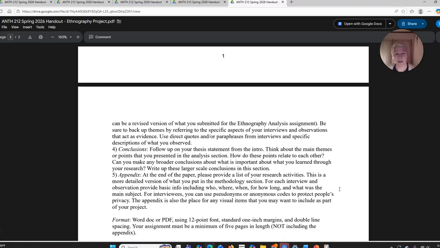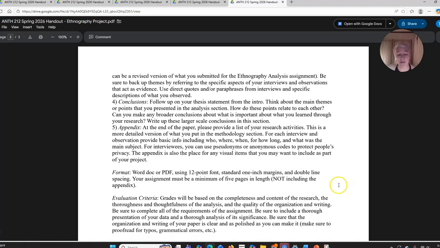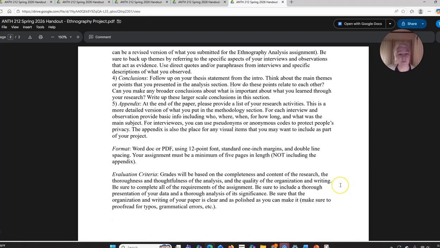So back to the appendix, I don't need to know the actual identity of the person, but I want to know what you did. And I want a little bit more detail. So that's the reason for having an appendix. So this will be a 5-page paper. I think for many of you, the papers will be longer than that, and that's perfectly fine. I do not have any upper limit. 5 pages is a minimum, and I think it'll be hard to cover everything in less than 5. So when we get a little bit closer, we'll talk more about pulling together the final version of your paper, okay?